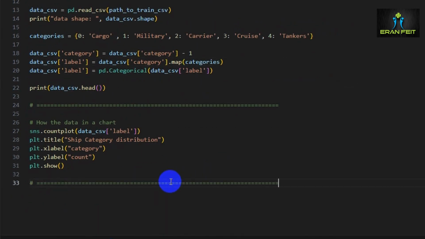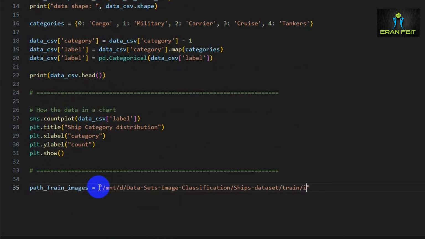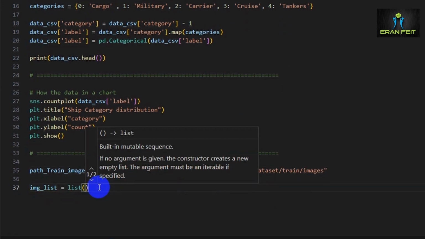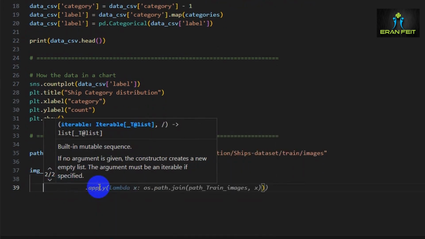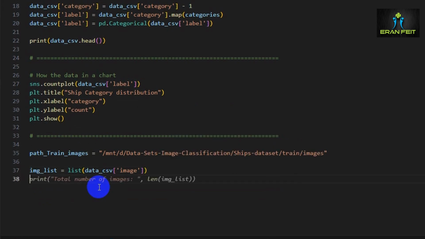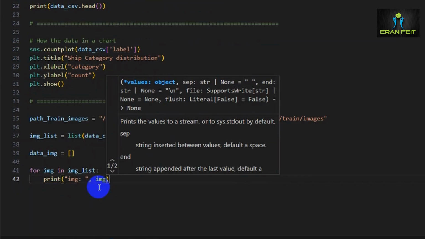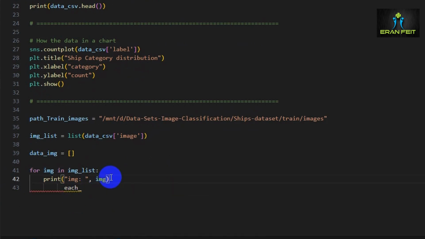Now it's time to load the actual images. So here's the path where all the training images are stored. And next I will grab the list of image file names from our data frame. Let's prepare an empty list to store the actual image data, and let's loop through each image file name. I'll print the image name so we can follow along. For each image we will build the full path,